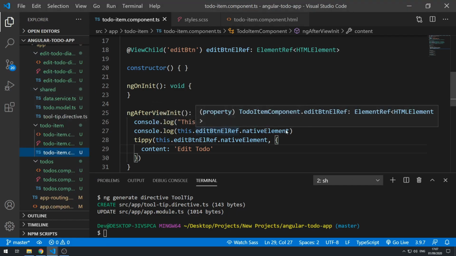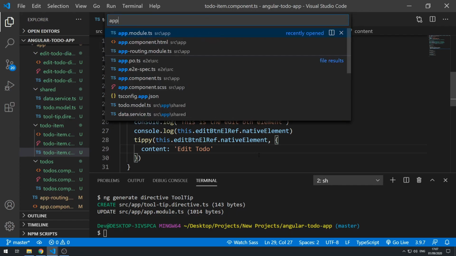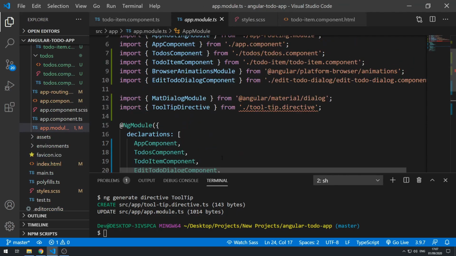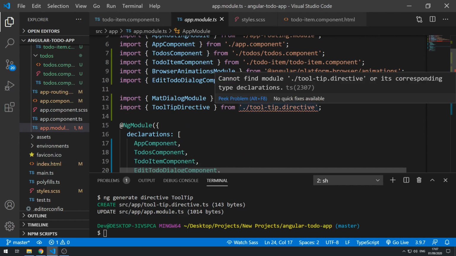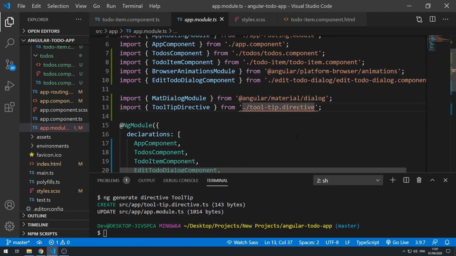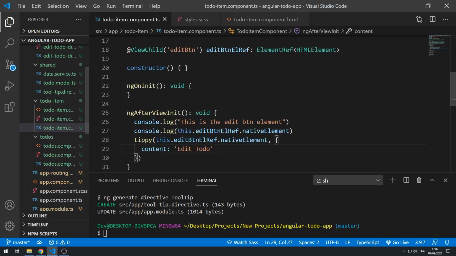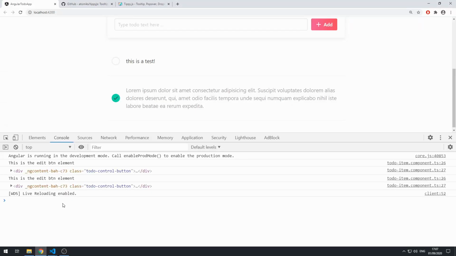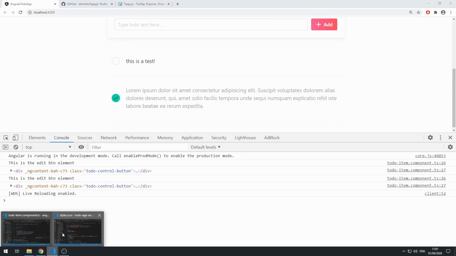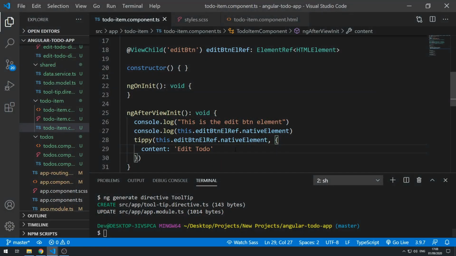Okay, and let's now go to app.module. Here we see that there's an error, and that's because this file no longer exists in that location. So let's update this to /shared/tooltip.directive. There we go. Okay, let's save that now and close that. And let's see here, there's no errors, that's good. All right, so let's go back here and go to the